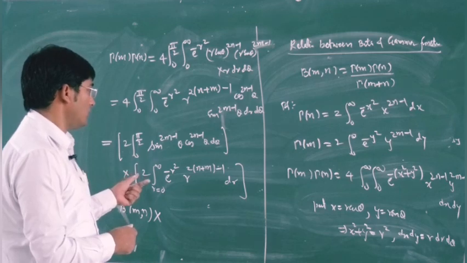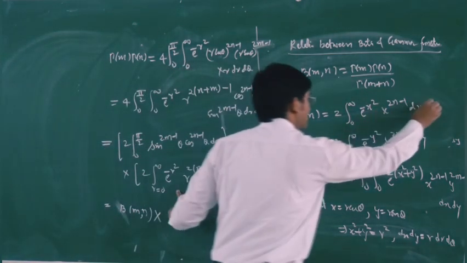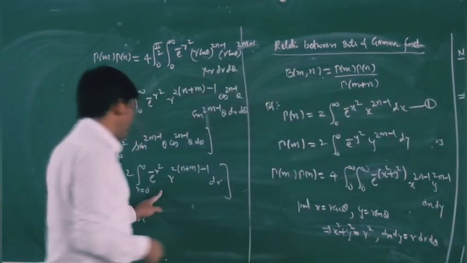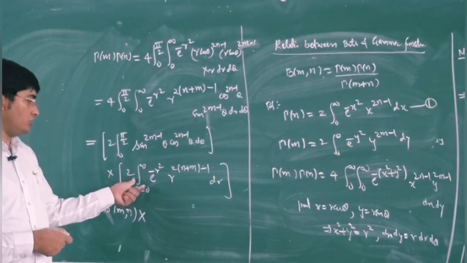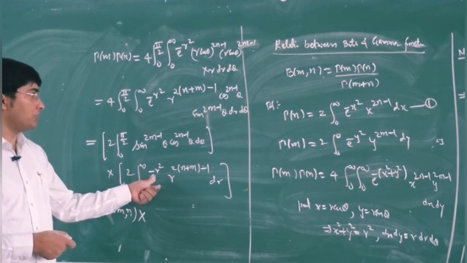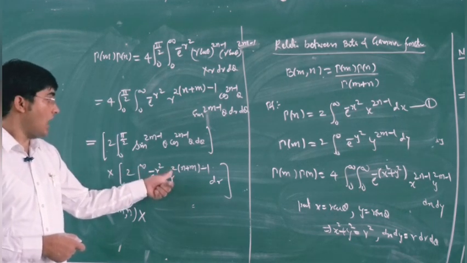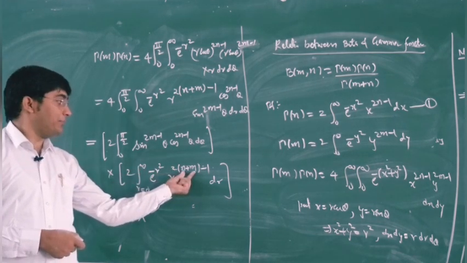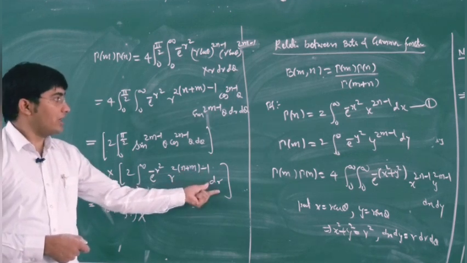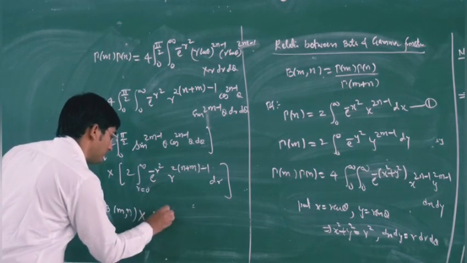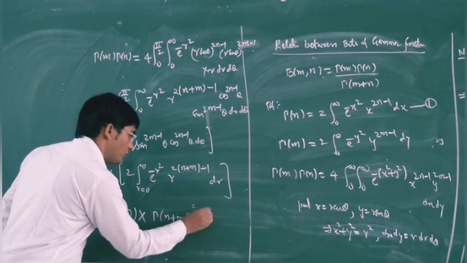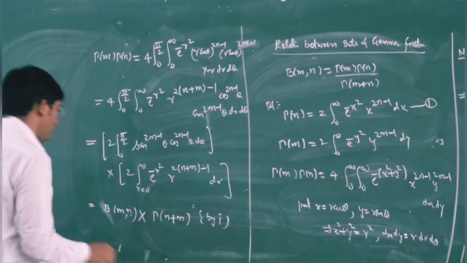Now see this equation. With the help of 1 you can guess the value of this integral, 2 times the integral from 0 to infinity of e to the power minus r square, then r power 2 times (n plus m minus 1) dr. So with the help of 1 we can write this one as gamma of m plus n. So therefore